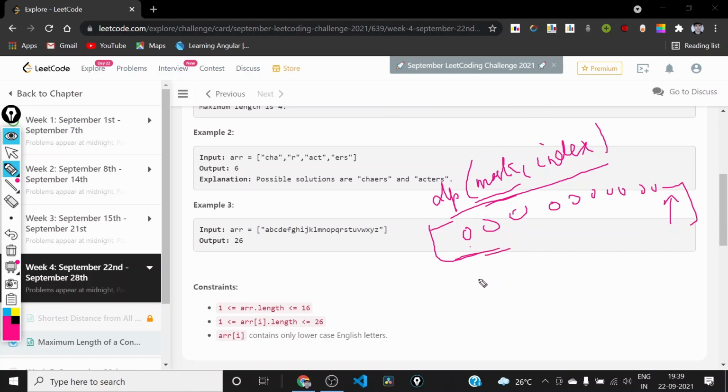Obviously in this mask, the 0th bit is symbolizing whether a is present or not. So if the 0th bit is set, then it means that a has been taken, and if the bit at position 1 is set, then it means that b is taken. Similarly, 2 will symbolize c, and similarly the 25th bit position will symbolize z. So this is what will be conveyed by this bitmask, and this index will basically represent